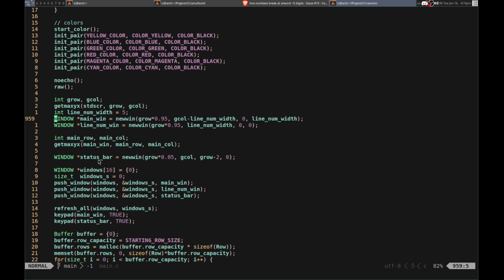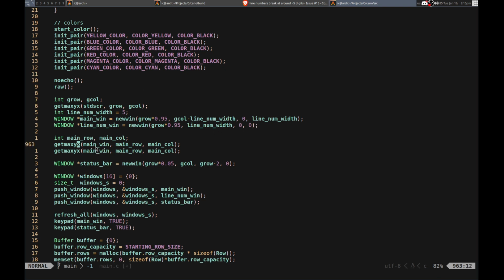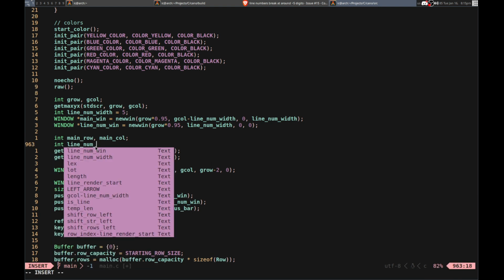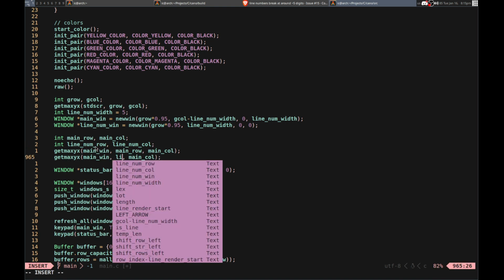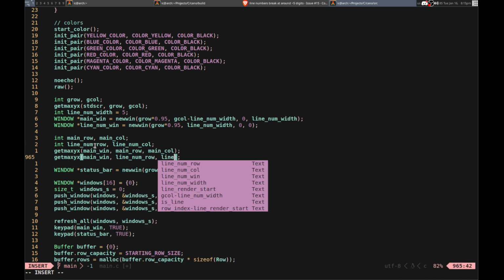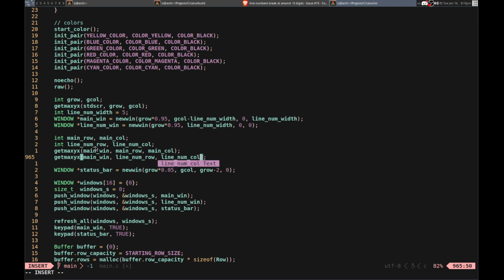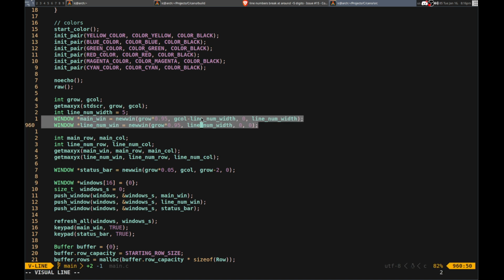So if we save, let's save the line of row, line of call, and pass those in here. Okay. And yeah, we need to use the line number. And then we have the size of it at this point, at least. And then we need to check that and then resize both of these windows based on it. So